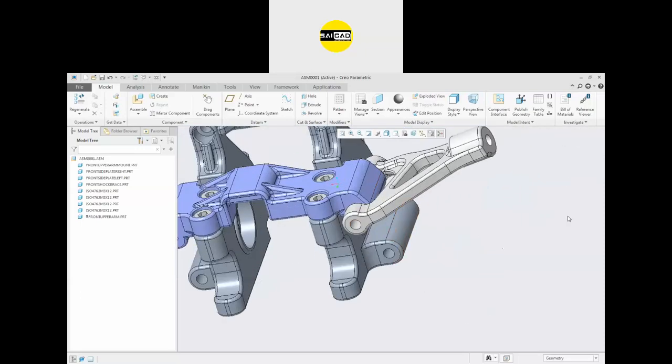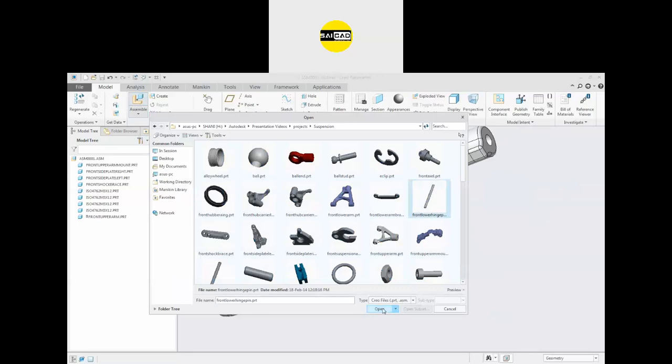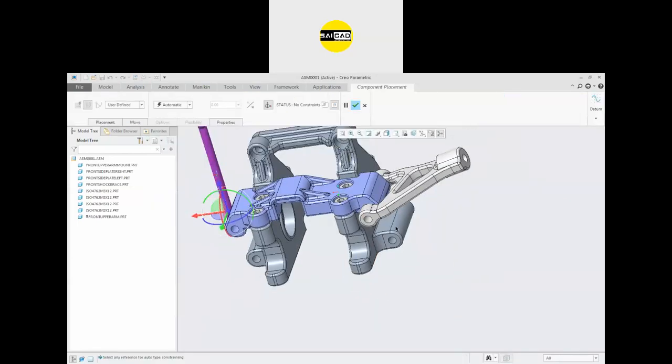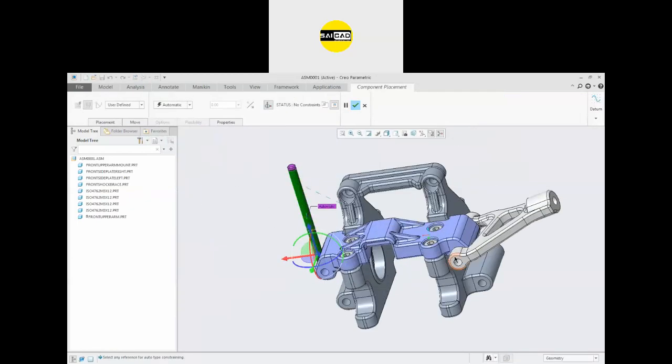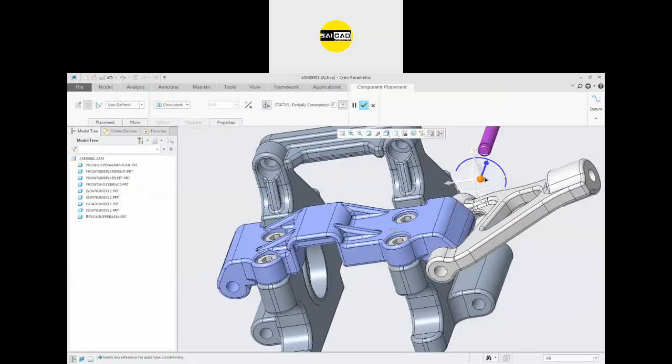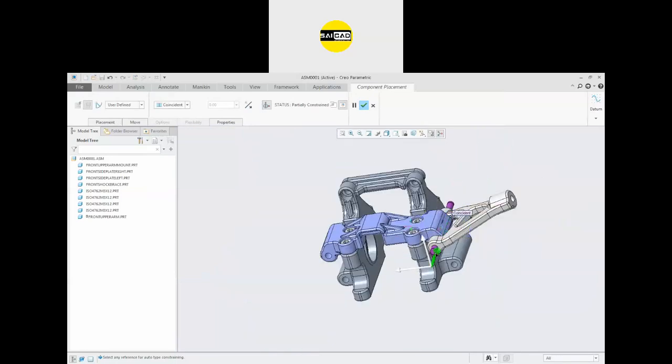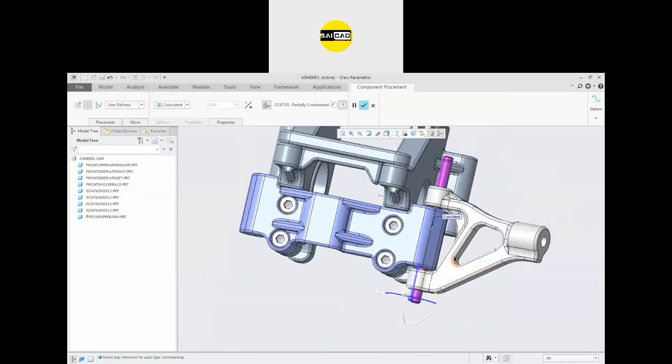After that, insert the pin here. So the pin here is option. I think this is the pin. Okay. This one pin is for the downside.